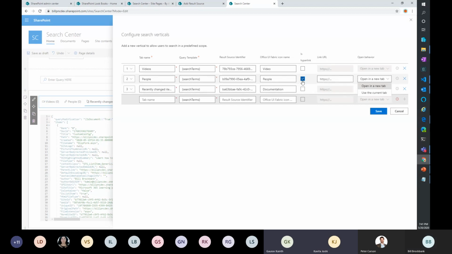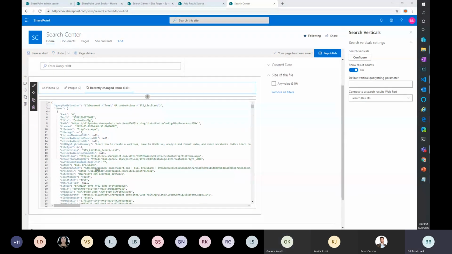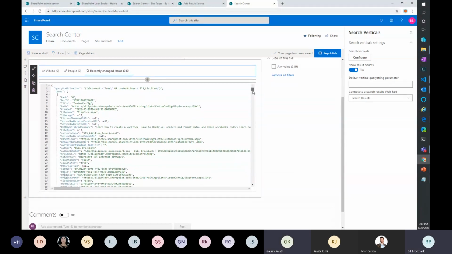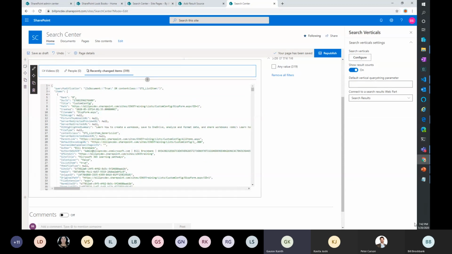Okay. Hey, Bill, this is Gaurav again. Just two questions. First, the JSON you are showing, I see the rank, doc ID, title, path. Are these the managed properties? Which ones? Oh, in this rendering here? Yeah, these are all search properties. Search properties, okay. That are coming back. And the other question I have, if you go to the detail list view, does it provide us the document preview?